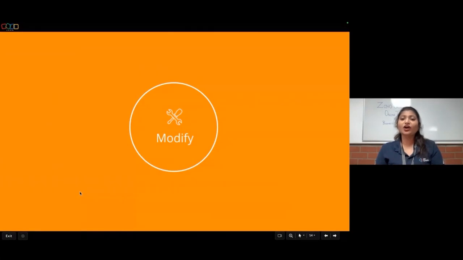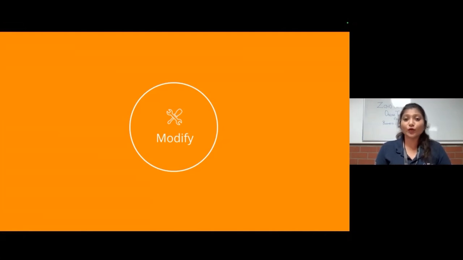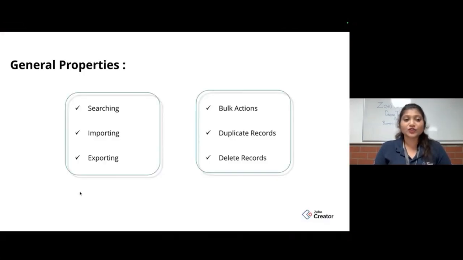Now that we saw the visualization, let us understand what modifications I can do inside my reports. Talking about the modification, we have report properties, which are the report general properties. We have searching, importing, exporting, bulk actions, duplicate records, and delete records.